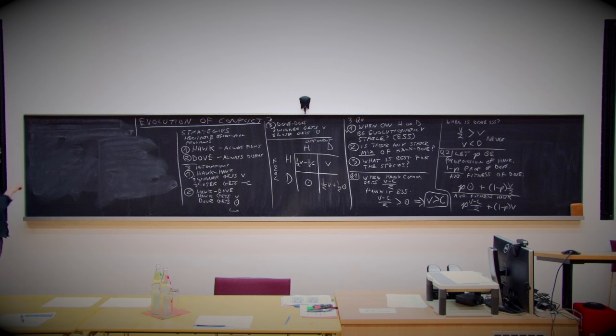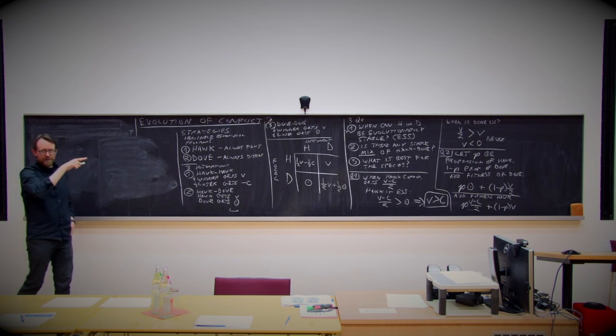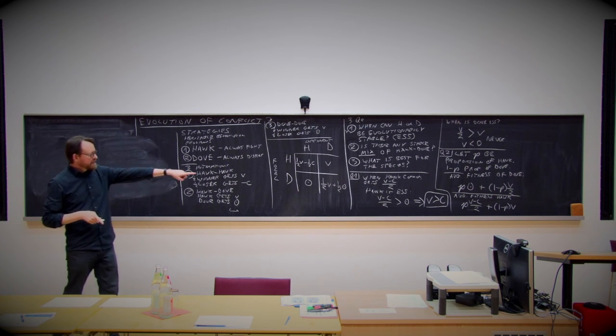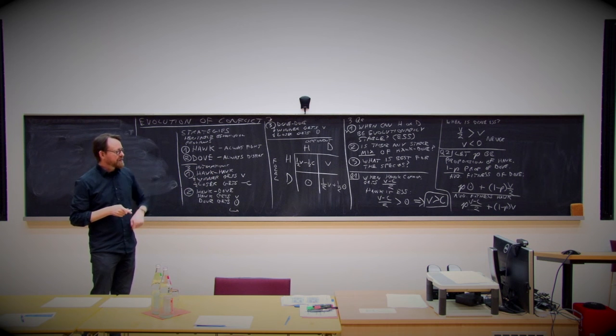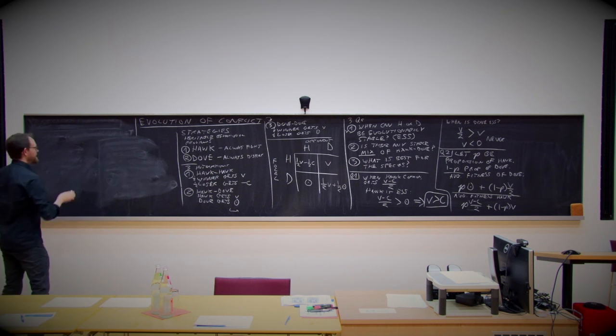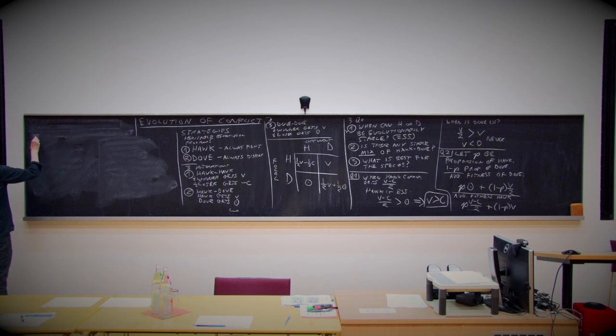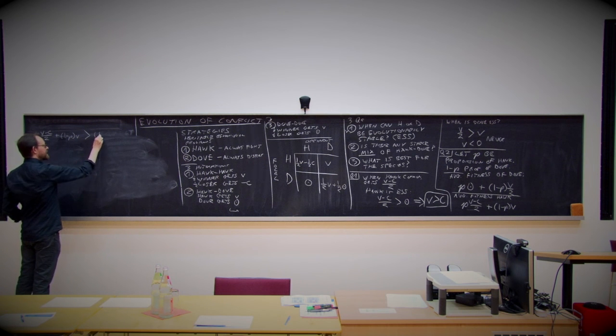Okay, so let me do this heuristically for you. Let's think about it. Remember, the question is, which values of P, which proportions of Hawk, lead the fitness of Hawk to be greater than the fitness of Dove? Let's ask that. And so the expected fitness of Hawk is P times (V minus C) over 2 plus (1 minus P) times V, greater than, I'm going to simplify,